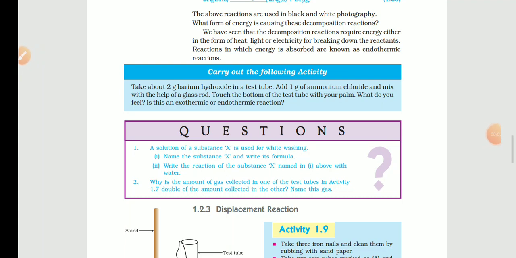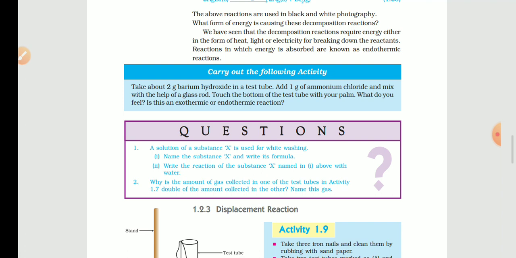So this is the fourth part of our video, class 10, science chapter 1. Before watching this video, make sure you have watched up to part 3. So here in this video, look at page number 10. You can see a further activity for explaining exothermic and endothermic chemical reactions.